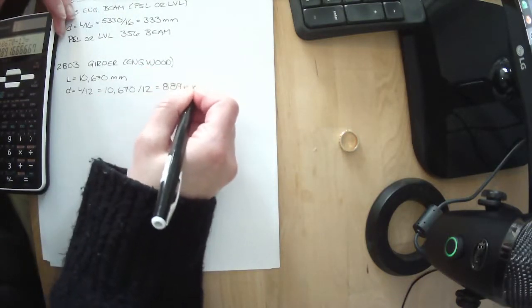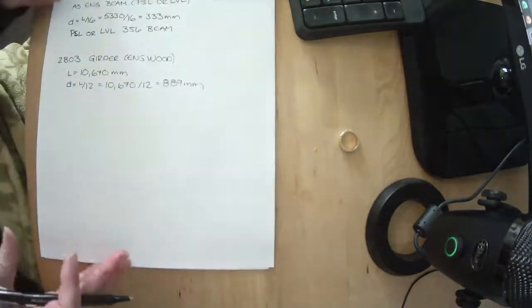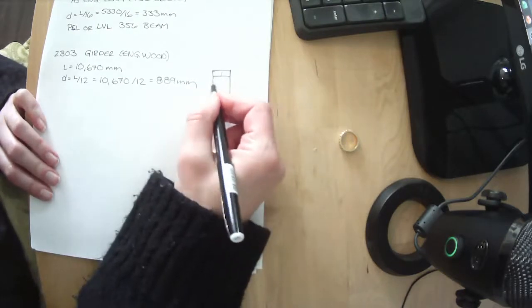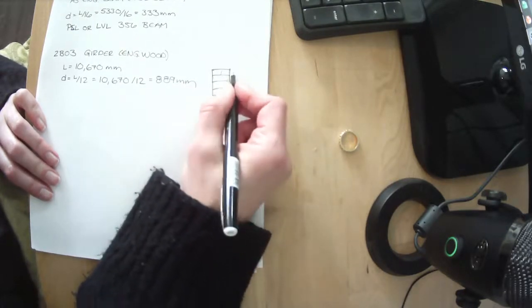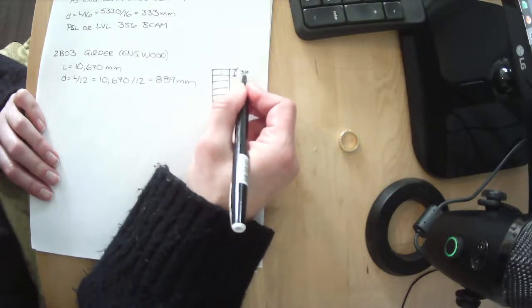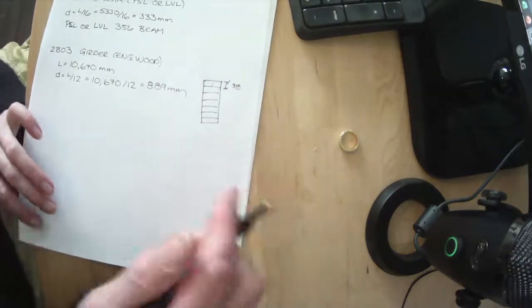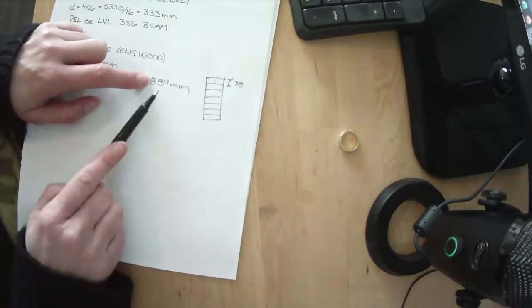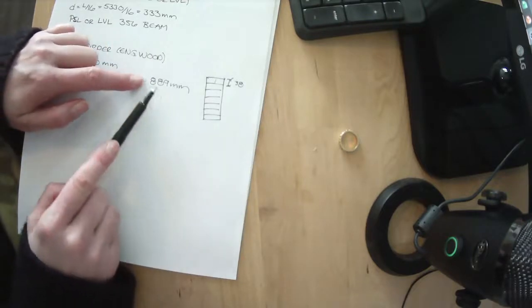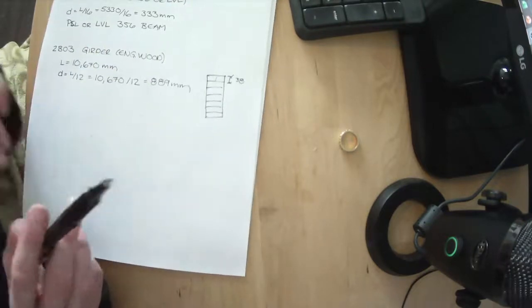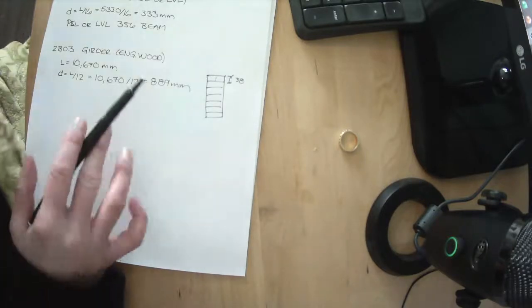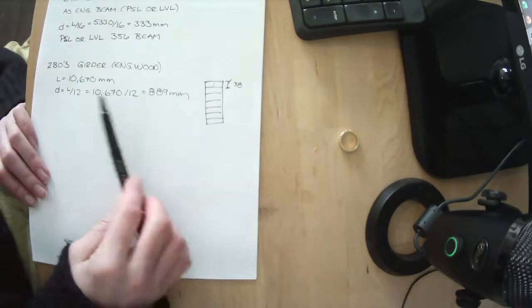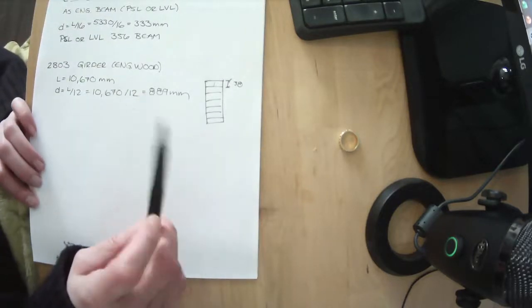889 millimeters. Now, I said glue lam is stacked pieces of lumber, and they tend to be 1.5 inches deep. Not always, though. Sometimes they will make ones that are, especially if it's European, they might make them at 30 millimeters. They might shave them all down so that when they glue them together, they all behave the same, but equal our depth that we have in our drawings. So this one, I'm not going to get too fussy about what depth you have to put on here. Ones where I say, give me the exact depth you sized, I'll try to be very explicit about that